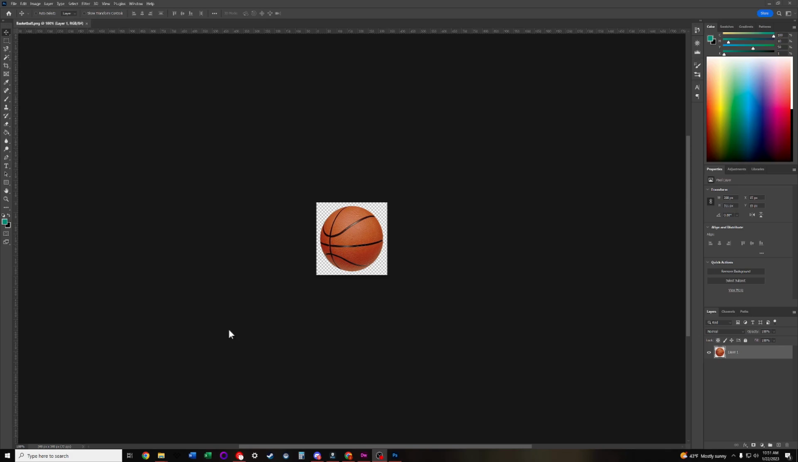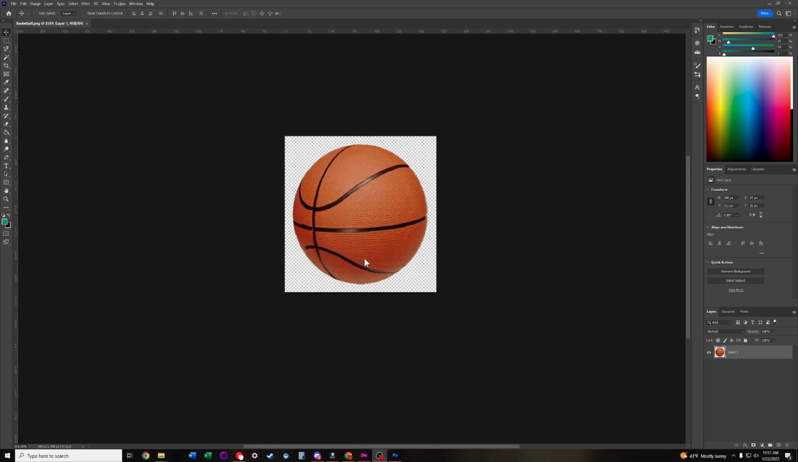the lighting to match. So, for this basketball, we can see that the shadow is down here at the bottom of the